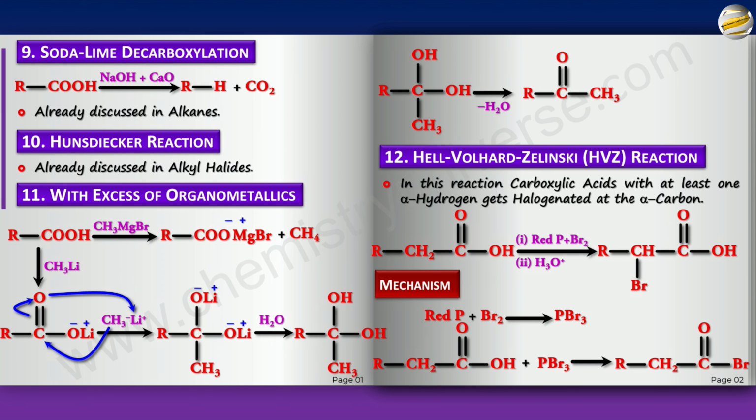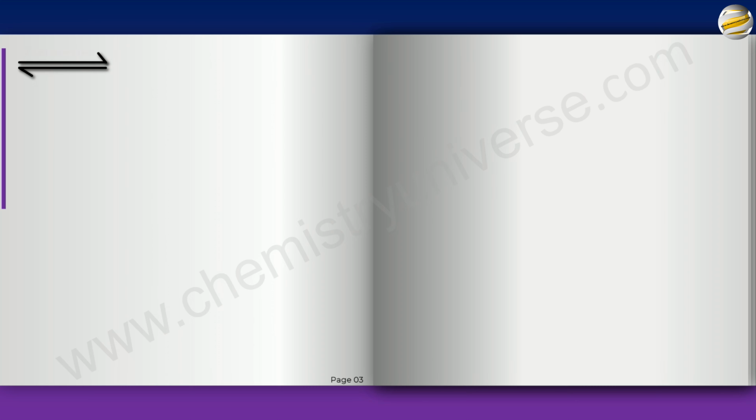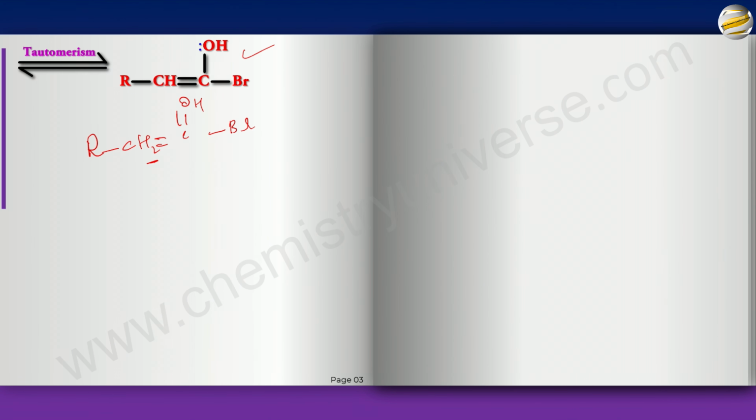But this is not the product we're looking for, right? We're looking for the bromine here and we want the OH here, whereas this is the bromine here. Don't worry, we're going to get it very soon. This will do tautomerism and it will become this. Remember, it was RCH2COBr. So when it does tautomerism, it will do it with this H. So you'll get a double bond here and this O will become OH, and that's what this compound is.